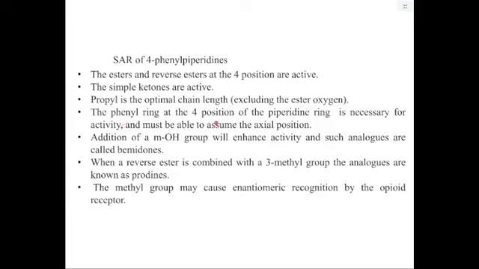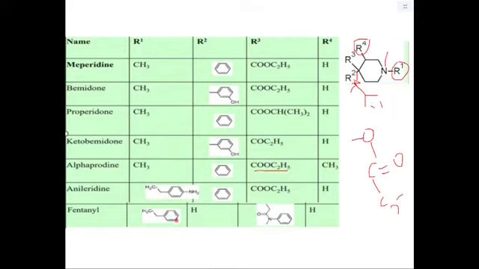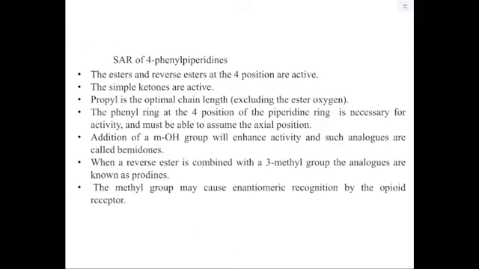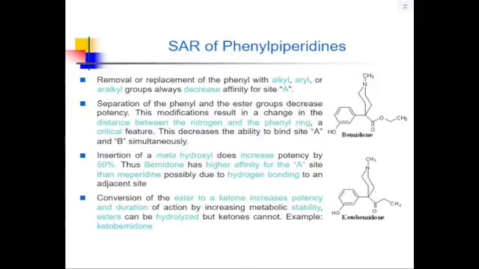The phenyl ring at the 4th position of the parent ring is necessary for activity and must be able to assume the axial position. I've just shown you that. Addition of a meta-hydroxyl group will enhance activity, and such analogs are bemidones. Again, we have looked at that, and we do have bemidone, where we have that hydroxyl group. We have the ketobemidone, again, that phenyl ring. It is important for activity, but it can be substituted with a meta-hydroxyl group, and that also increases